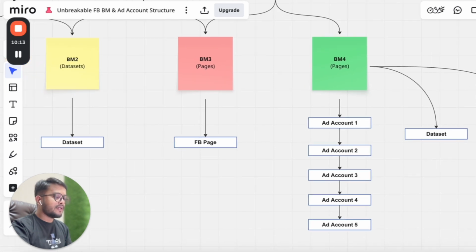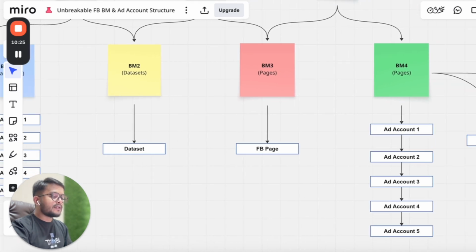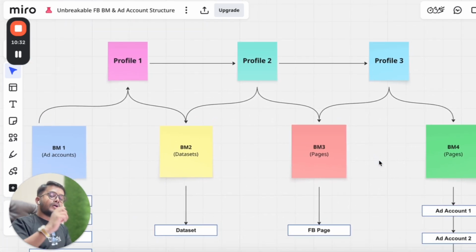where the page can get restricted. If the page gets restricted, you should have alternate pages for that. Okay, I forgot to mention it here, but you can make alternate pages, and once one page gets restricted, you can plug the other page in. Okay, it's very simple. Now let's say all these things are good,